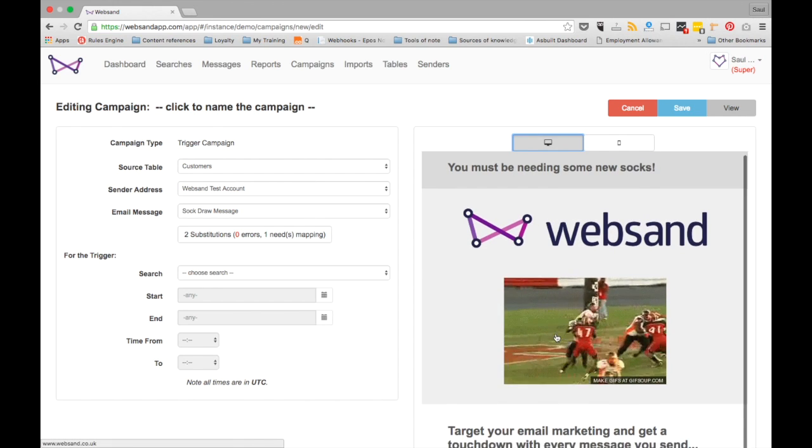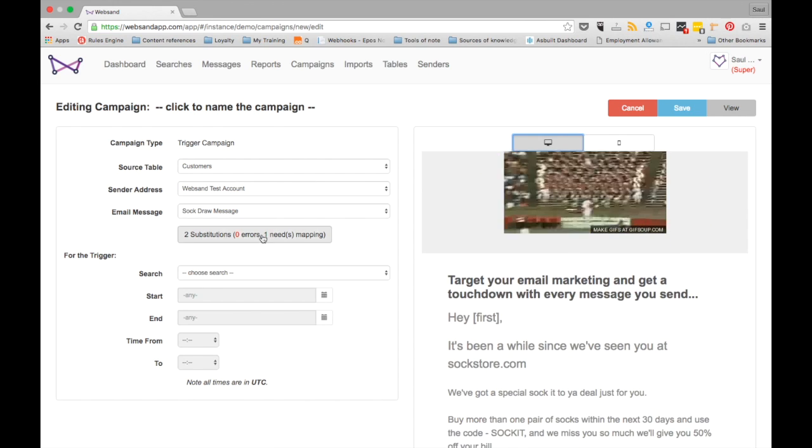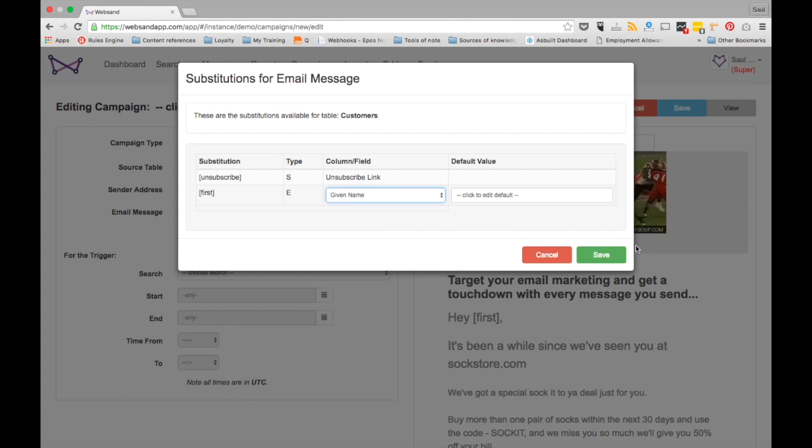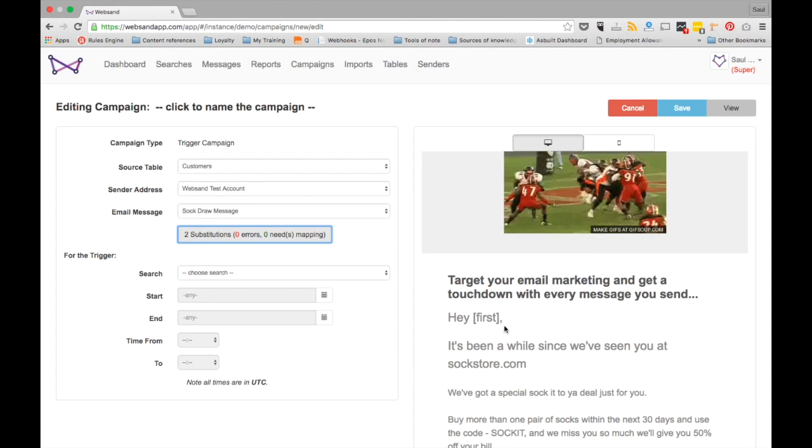Now we've got a substitution tag in here, "hey first". So we need to map that with the data. So we'll map that to given name. Now if that data is blank, you can write a default value in. And that'll overwrite that first tag there. However, for the most part, you just leave it blank, and if there is no data, it'll just overwrite it